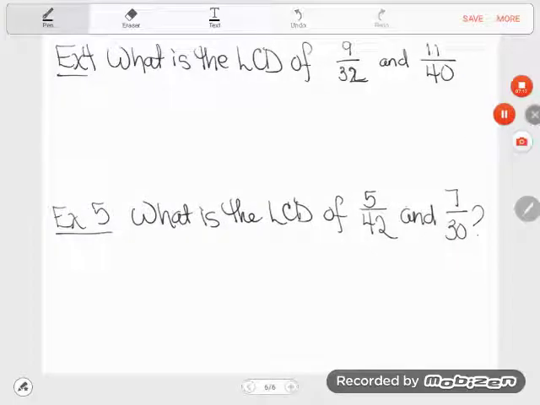So next question. Example 4 says, what is the LCD of 9 32nds and 11 40ths? Now this is why I wanted to do this problem. Could I just list out 32 and list out 40 as times tables like I've been doing? Yes, I absolutely could, but it might take you a while. And I'm just guessing, I don't know you, but I think you don't know your 32 times tables. Those are not memorized. Now you might be able to pull off your 40s, but your 32s would be a